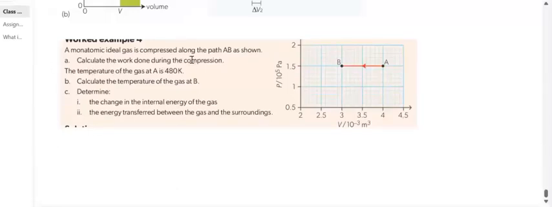So as per this, what do we understand? A monoatomic ideal gas has been compressed along the path AB, and you have to calculate the work done during the compression. So how will we calculate the work done? Akshita? Work done is equal to